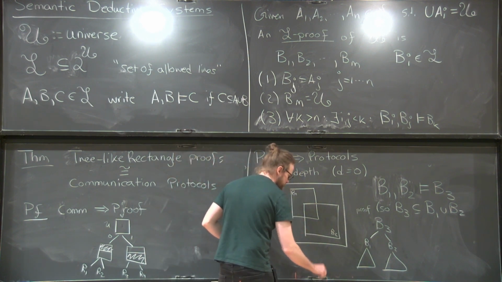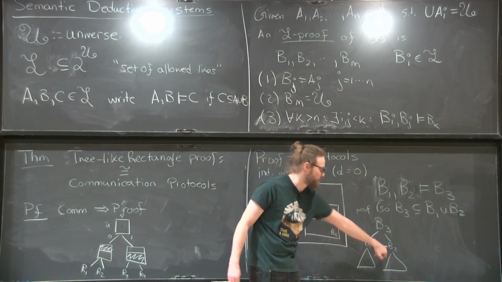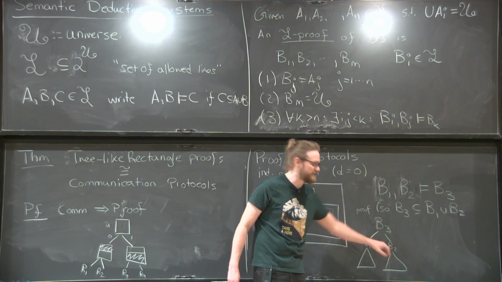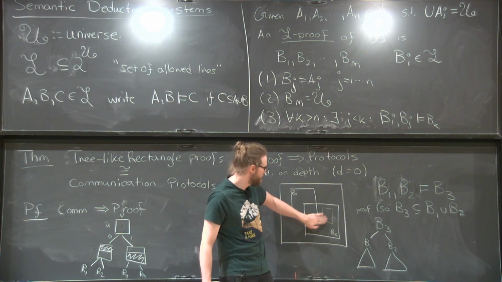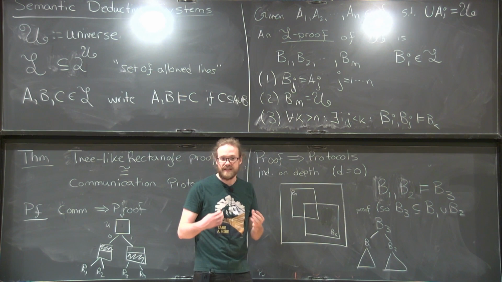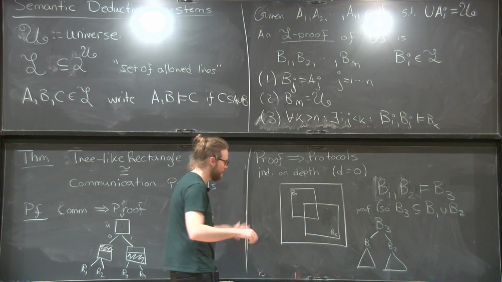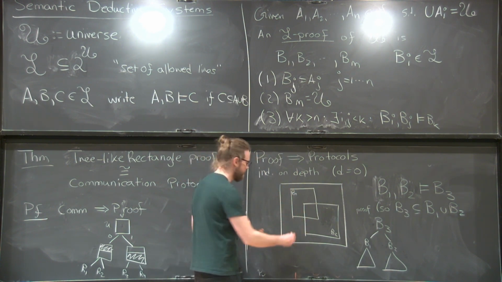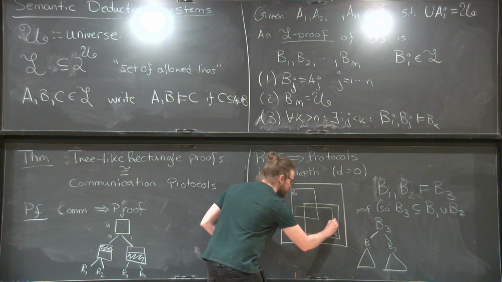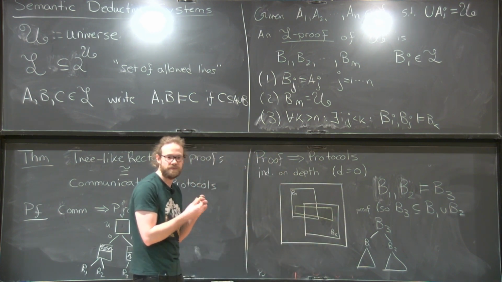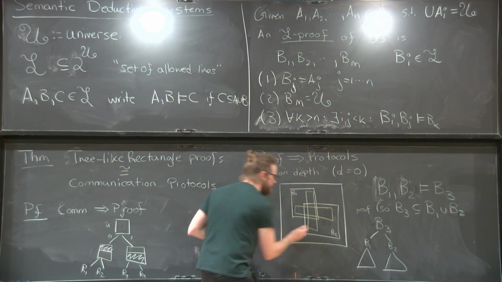For the first case, if b3 is completely contained in one of them, then the communication protocol is easy, right? You just run the protocol for b2, since the protocol for b2 works for all of these inputs. It will also work for anything that's completely contained in it. So the only interesting case is when it's non-trivially contained in the union, right? It's contained in both of them. But these things are rectangles, right? So there's only a certain number of ways in which this can occur. And there are two ways, right? You're either going to have something that looks like this, or you're going to have something that looks like this.